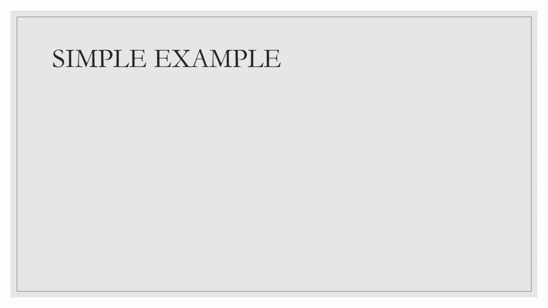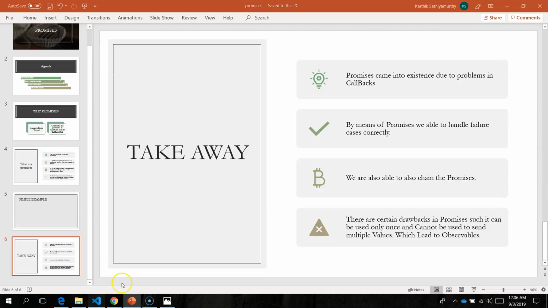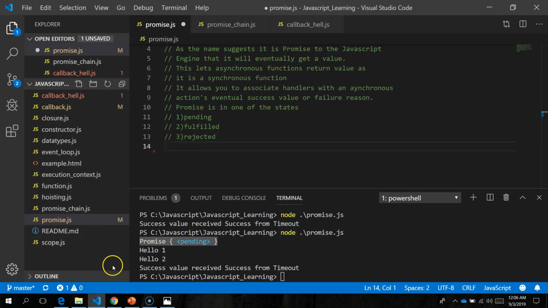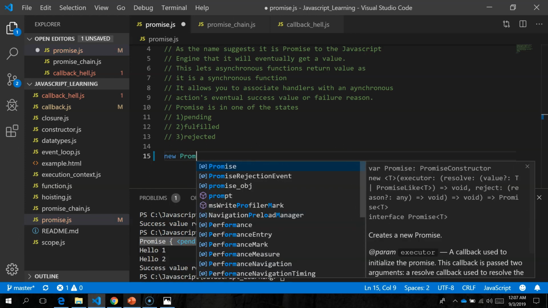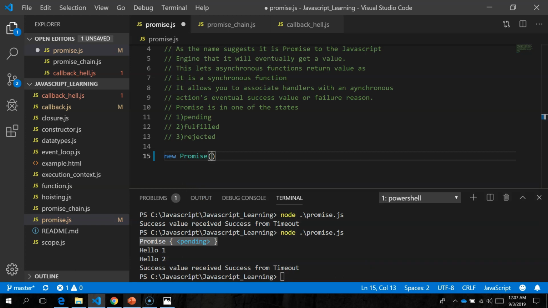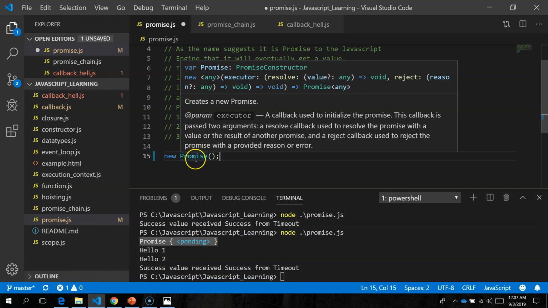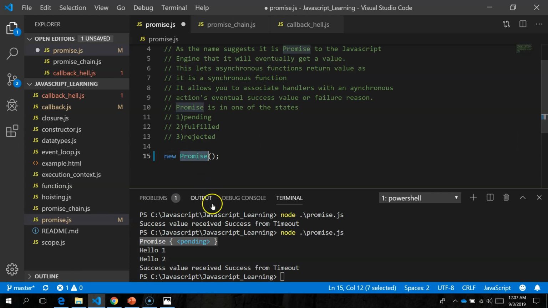Okay, now going to a simple example. Let me create a promise object here. For creating the promise object, you need to do it as a constructor, new Promise. Do I need to import Promise from any package, or install any package?